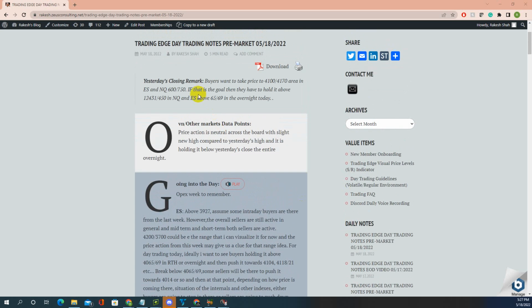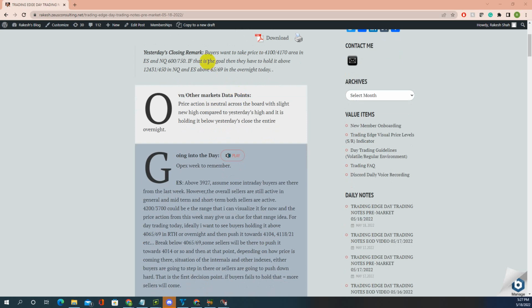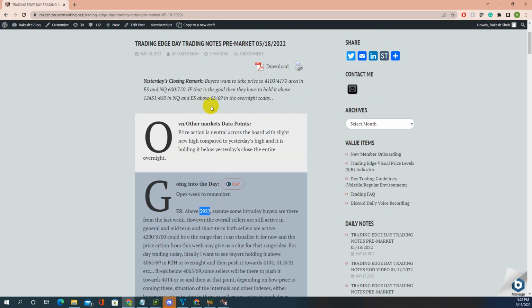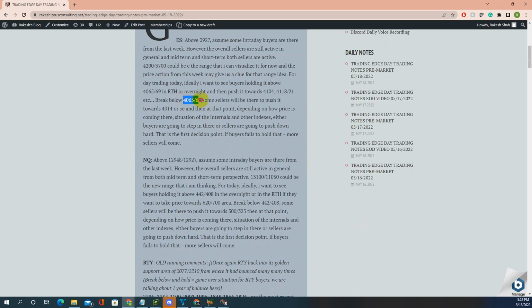So it is very important that you go through my first regular video and note down some levels and also understand what is going on contextually, and it will give you the bias based on the levels. It will give you the bias, like which side to stick with, and what is going on actually. Really, if you go through the first few minutes of that video, you will know, because it will walk you through this entire stuff, right? So this is important. This level is important, this level is important, which is this, right?